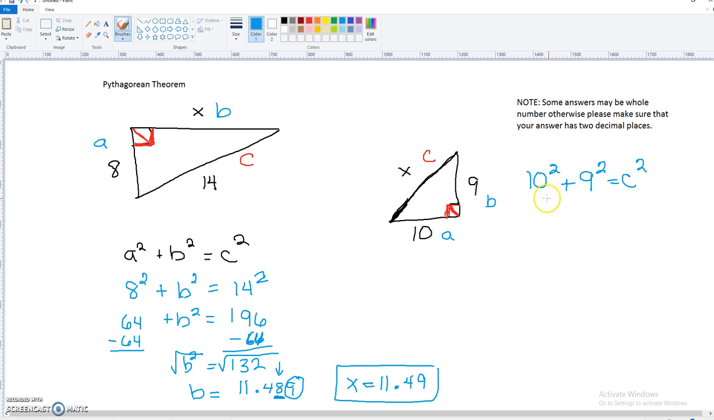Or we could have used X. So 10 squared is 100. And then 9 squared is 81 equals C squared, or you could have used X, either one. Add that together, it's 181 equals C squared. Again, we need to find just C. Oops. It kind of scribbled there. So we're going to find the square root. Okay, so we punch that into our calculator and we find out that C equals